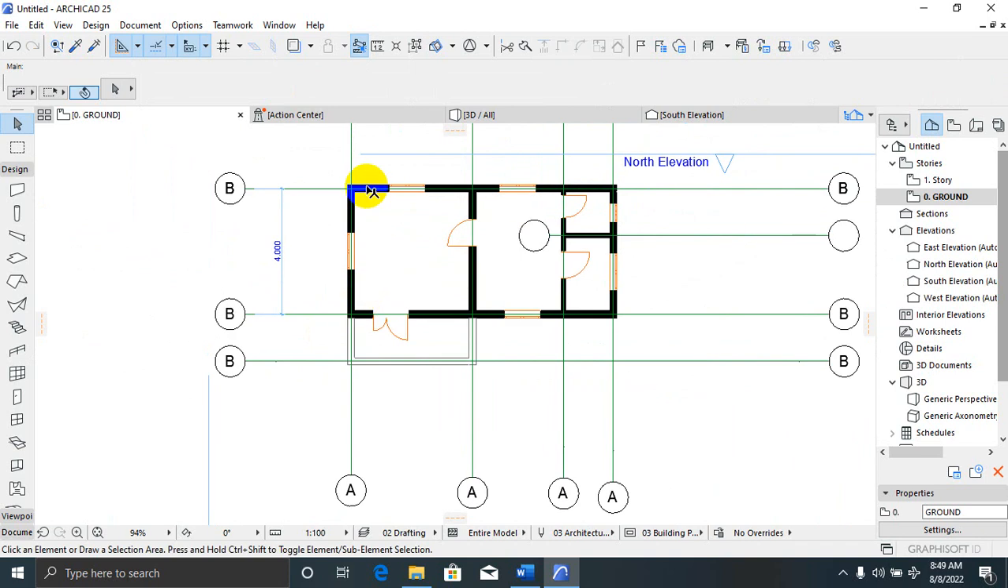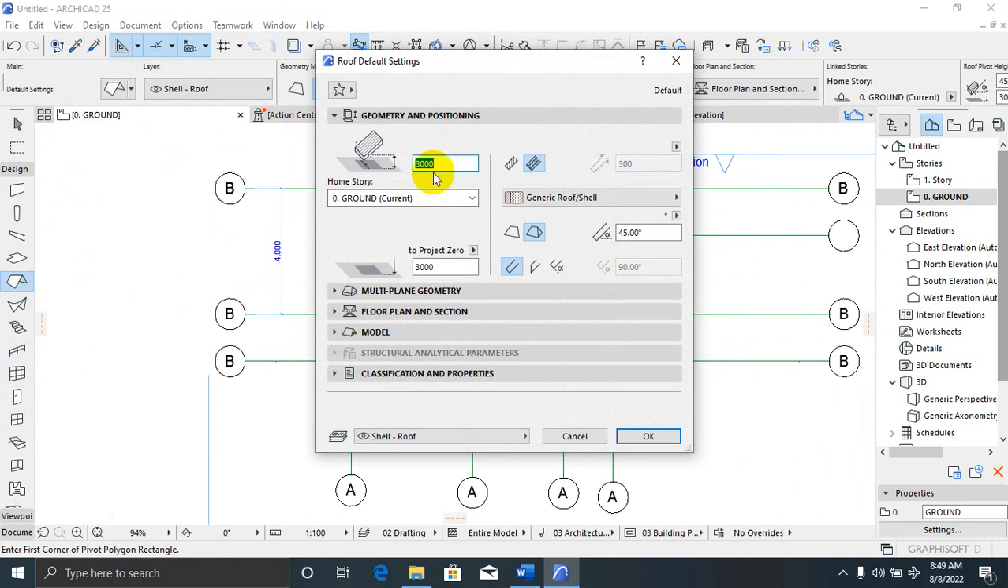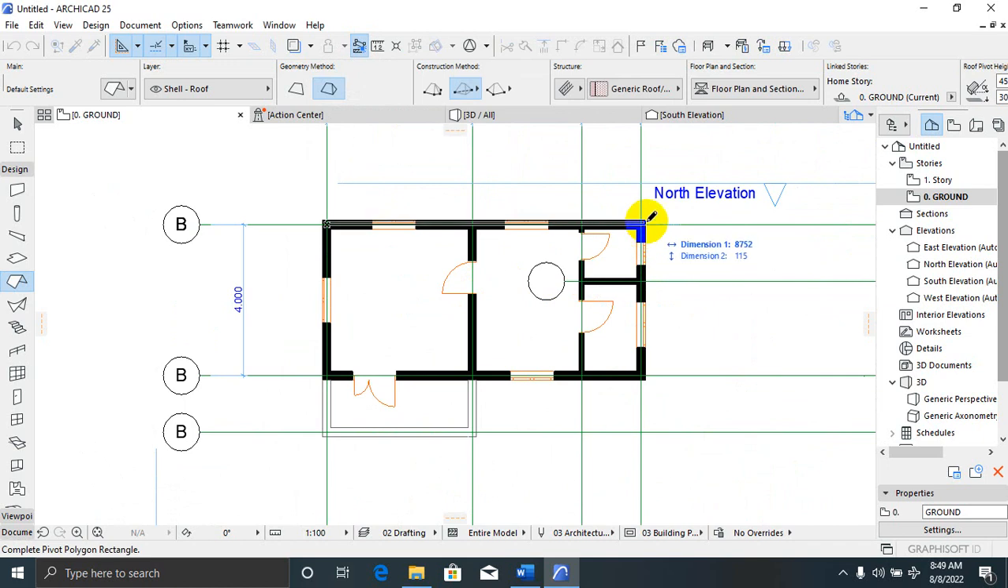So let's say I have a roof here. All I need to do is come under my roofing. Where is my roof? Yeah, this is it. I'll come under the property of my roof. I can change the height of this roof. I can change the angle. Okay, it's at angle 45. You can play around with that angle here. So if I click on OK, I'm just going to sketch the path of